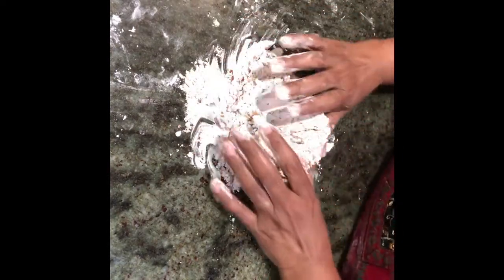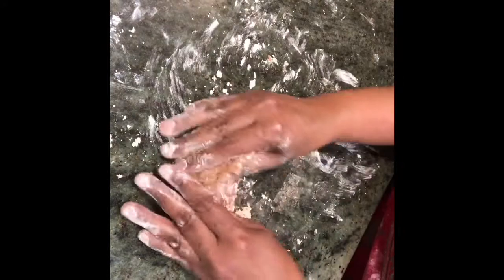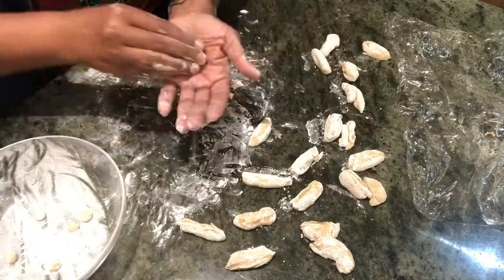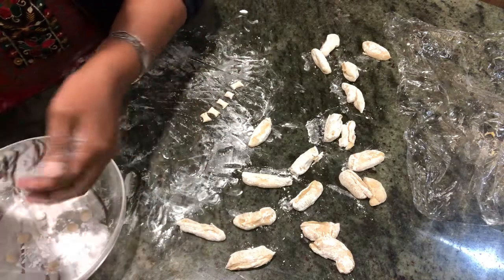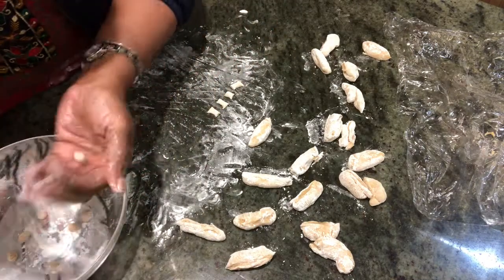It's on the countertop, and now we need to bring it together, make a dough out of it. Okay, quite warm. So we make the dough and keep it aside and start with the first one we prepared. Now we take the first prepared dough and divide it into various bits. Here you see that each divided bit is again rolled into an elongated strip between your palms